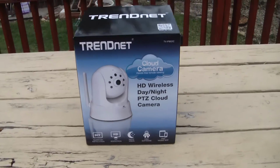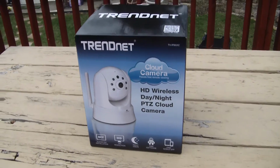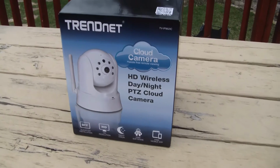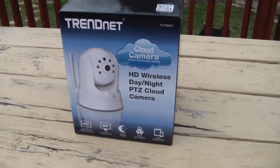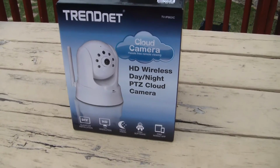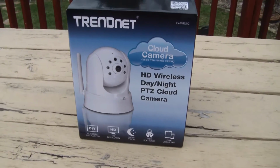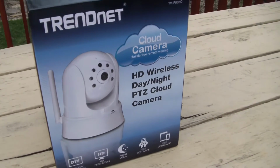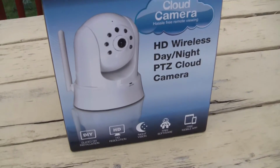Hello and welcome. Just thought I'd share with you my latest toy that I picked up here. A TRENDnet security camera. This does it all. It's all in one package, and this is a security camera for everybody now. So I just thought I'd show it. This isn't very expensive. I paid about $125 for it,